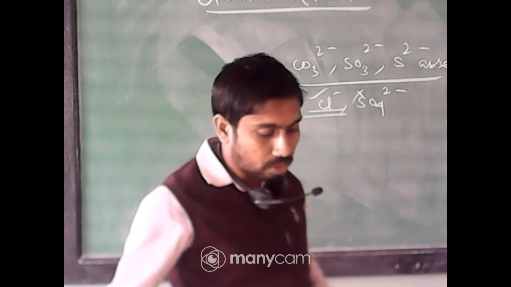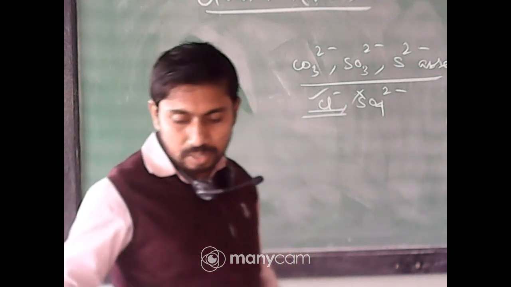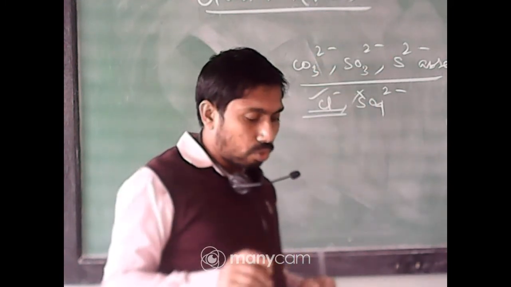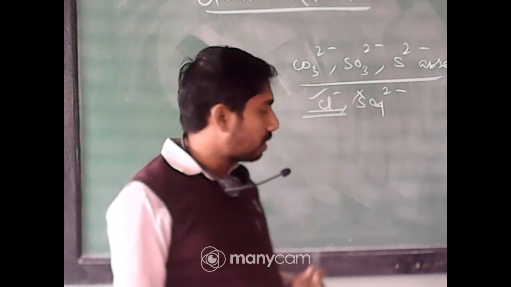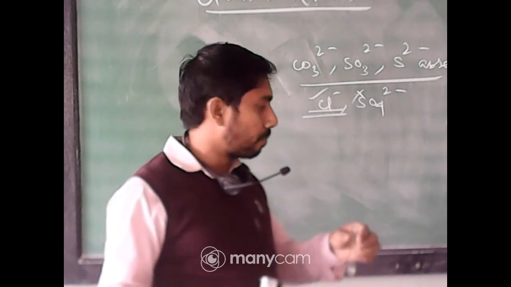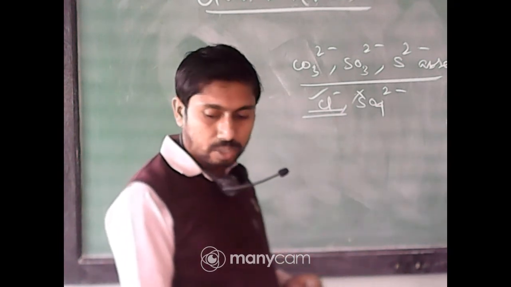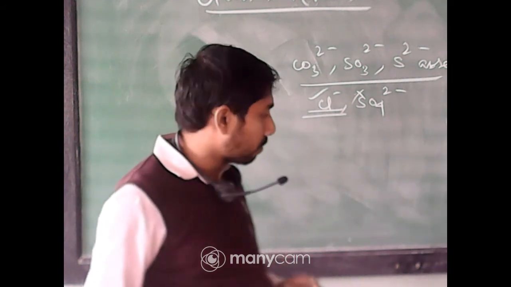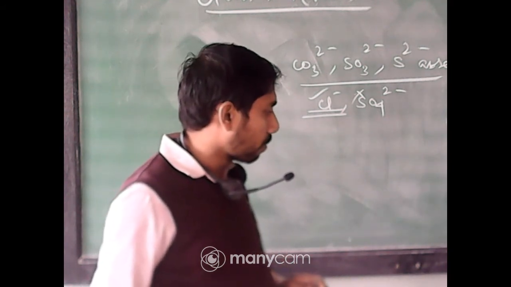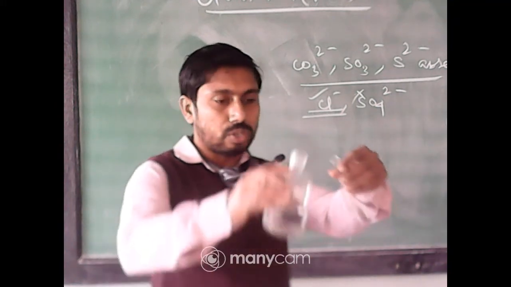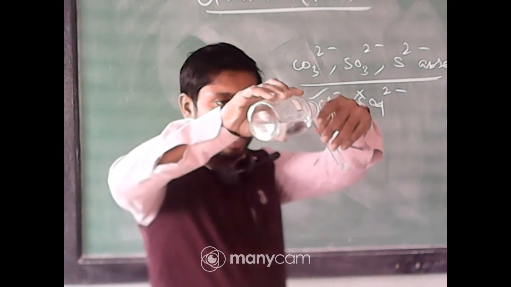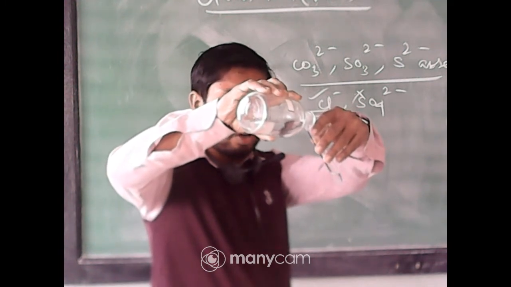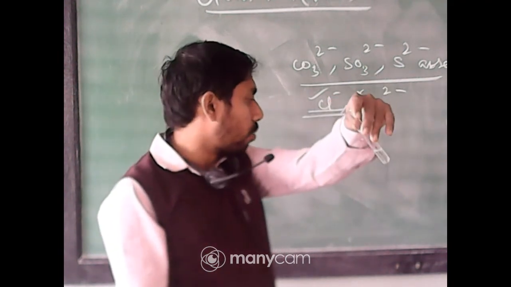So what is systematic group analysis? First, taking the OS. Okay, this is the OS. So first group, the group reagent. What is the group reagent for group 1 in systematic group analysis? Dilute HCl. Okay, so dilute HCl is in my hand. I am adding it to check whether any white color PPT is coming or not. Okay, no PPT.